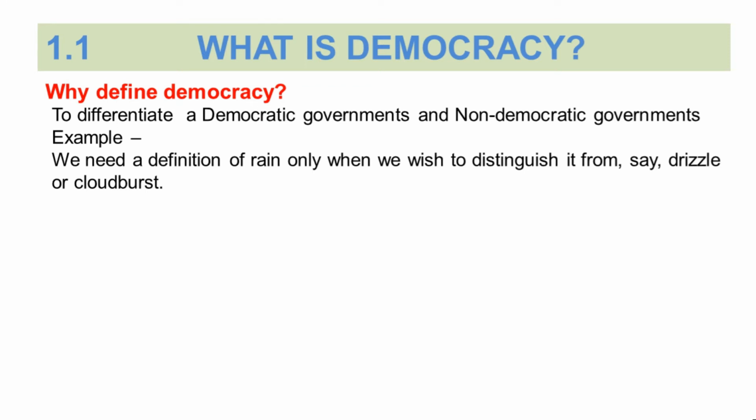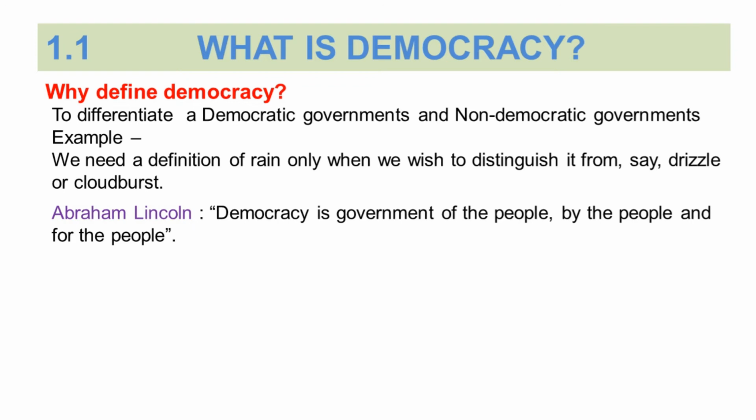From time to time, people express their understanding about democracy. Such an understanding was expressed by former American President Abraham Lincoln. In Abraham Lincoln's words, democracy is a government of the people, by the people, and for the people. As we know, it is very famous, but we must not accept something just because it is famous or just because everyone accepts it.